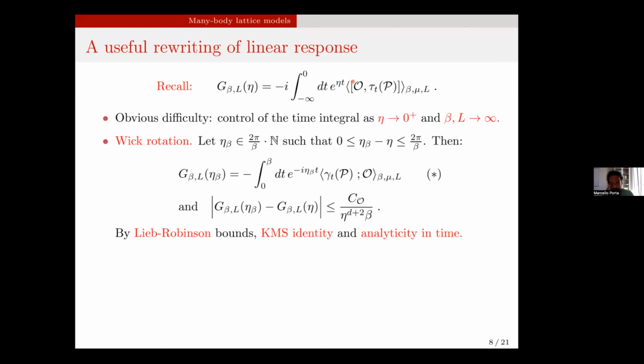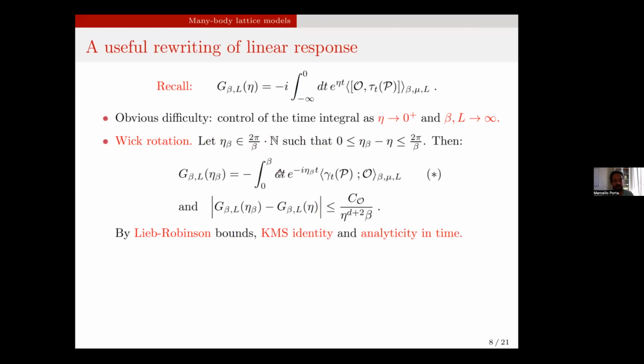So one way of studying this problem is by complex deformation, and that's something that I personally find very nice, and it goes as follows. Let me introduce an approximation of this adiabatic parameter eta, to be called eta beta. This is a point on a lattice with a very small mesh of order 1 over beta. Let me call eta beta the best approximation on this lattice of the adiabatic parameter eta.